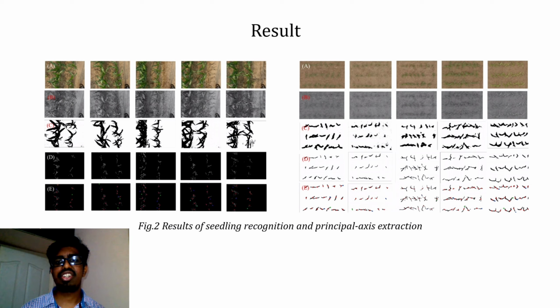In the figure, the first row is the original RGB image, the second row shows results of RGB to grayscale, the third row shows results of image segmentation, the fourth row shows results of skeleton extraction, and the fifth row shows results of Harris corner detection. And in columns, the first column is high seedling shortage rate with no addition, the second column is low seedling shortage rate with no addition, the third column is free seedling shortage with no addition, the fourth column is low addition rate, and the fifth column is high addition rate.